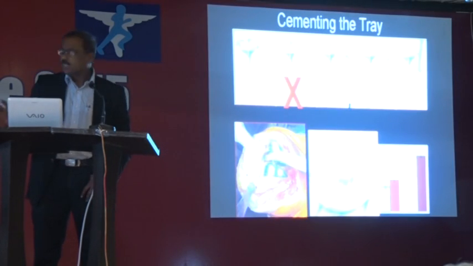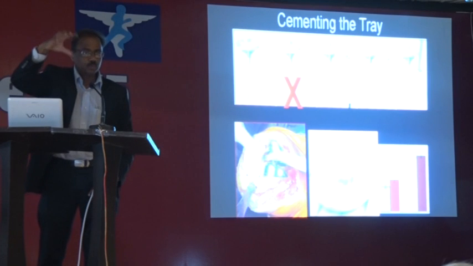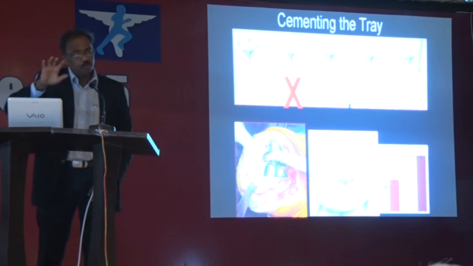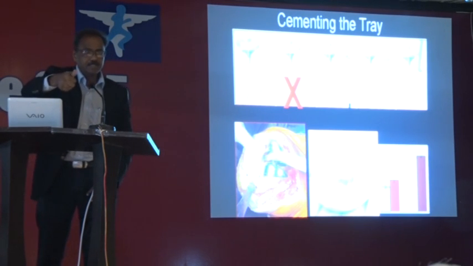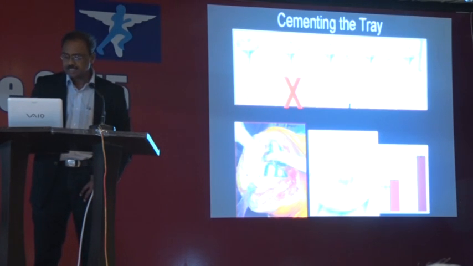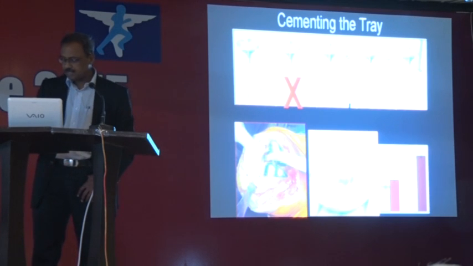Similar is here. This photograph is taken from the same study. They said if you put cement only on the component, or only on the bone, both techniques are bad. If you put on both but do not pressurize with the thumb, that is also not very good. So you apply cement on both, pressurize it, then you will get an excellent result. And they have shown that in the graph.